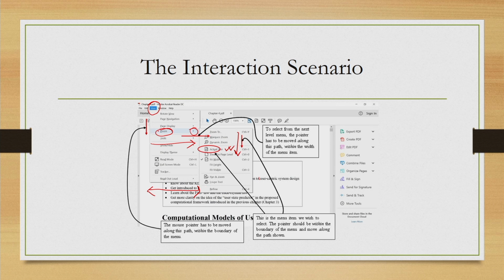Similarly, when we are performing this horizontal movement towards the next level menu items, we should ensure that our mouse pointer does not leave the boundary of this width of this menu item. The same thing applies in case of the second vertical movement as well. Here our mouse pointer should not cross the boundary of the second level menu item list.